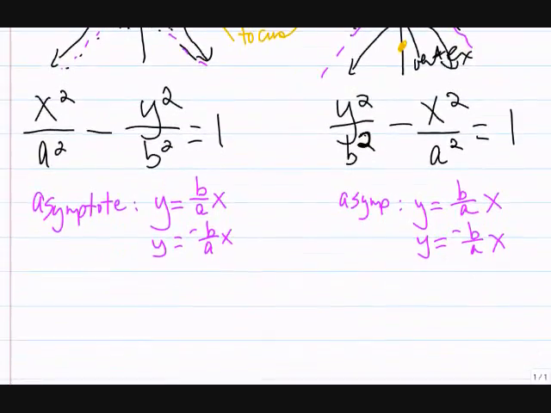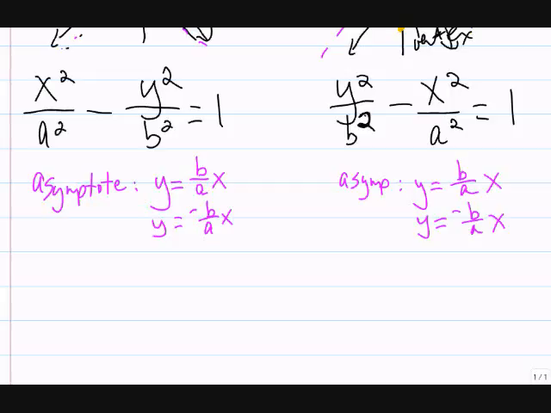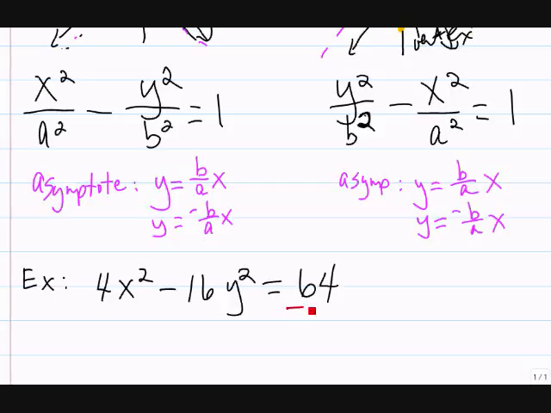So let me get away from this very ugly, complicated picture and get down to a graph to do. So let me find one that I like. Okay, we'll do a hard one again. 4x squared. No, they're not really hard, but minus 16y squared equals 64. All right, this isn't in standard form. To go to standard form, we're going to divide